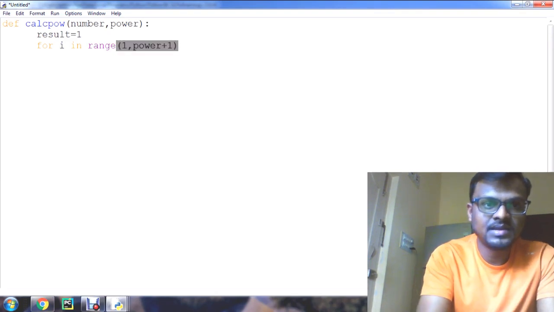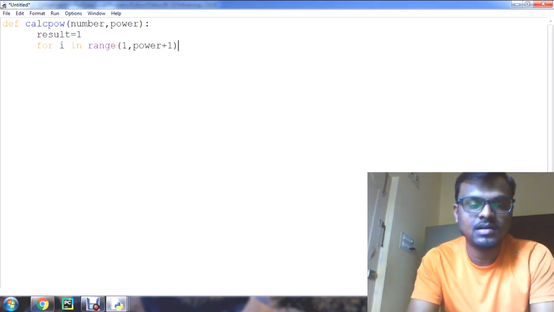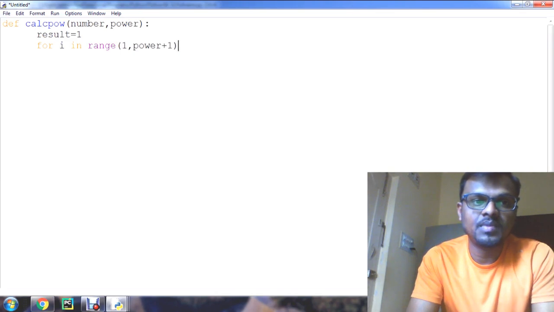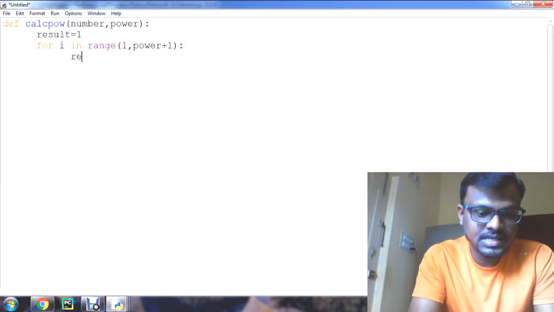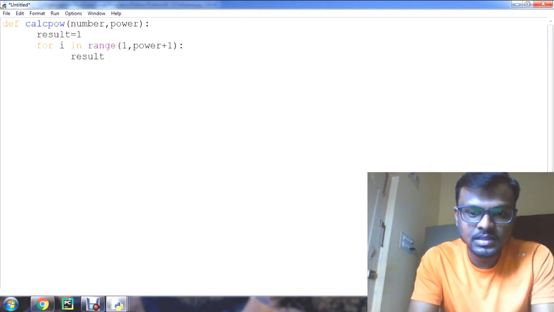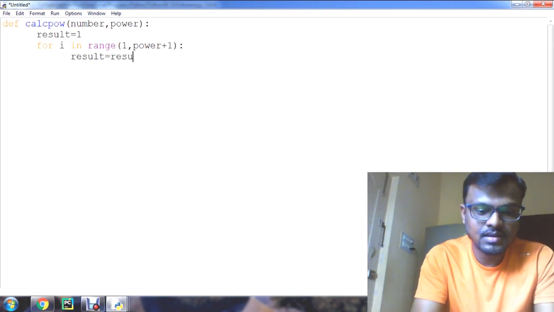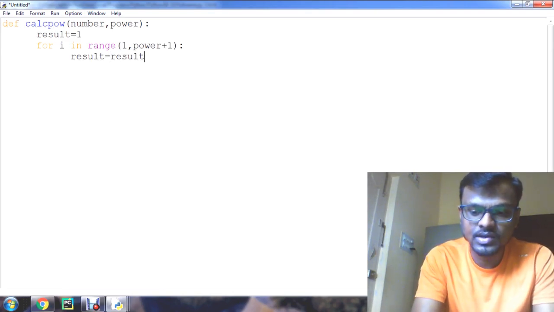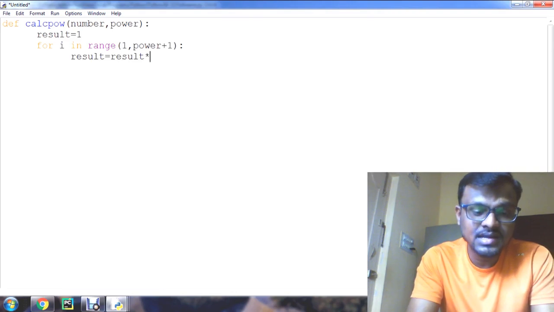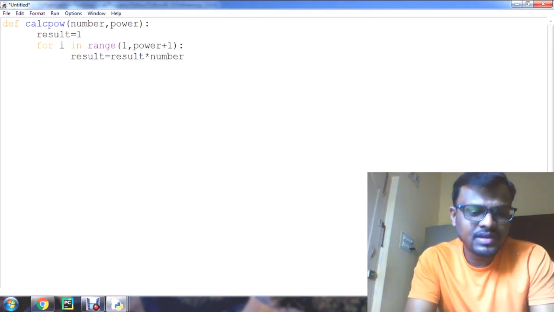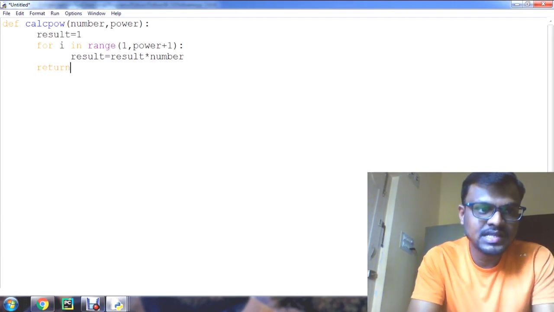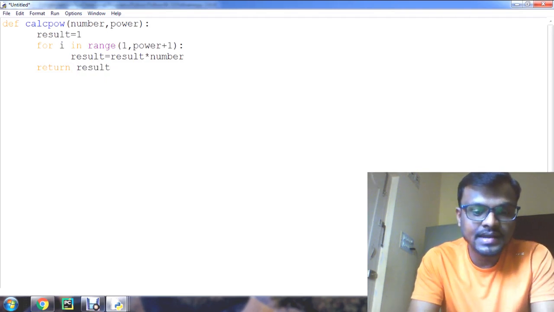Okay, because range should be up to power plus 1. After that, in the statement I am incrementing the result value, that is result is equal to result into number. Okay, now after this computation I am using the return statement here, return result, so it will return the value.